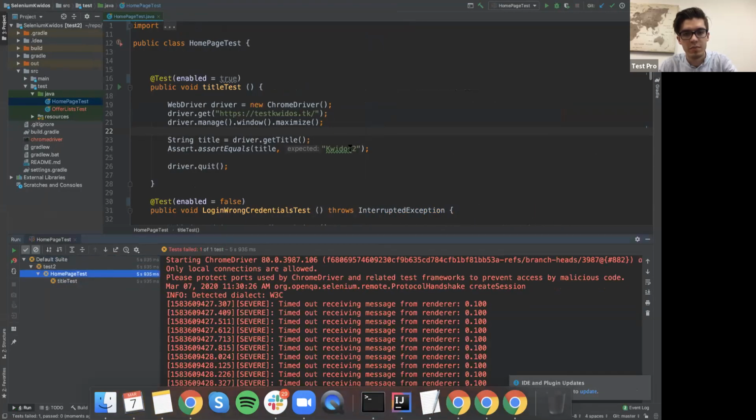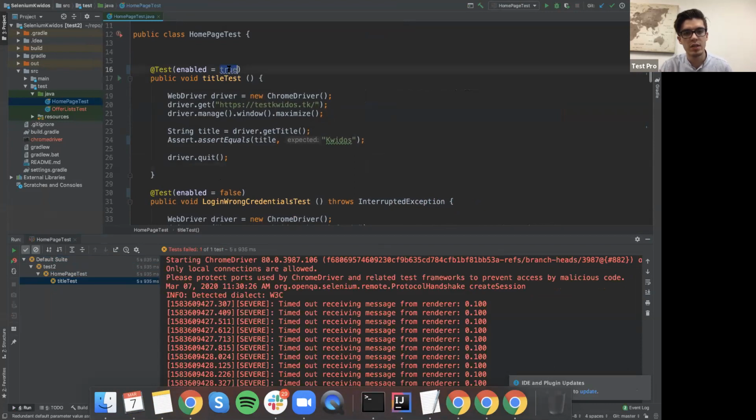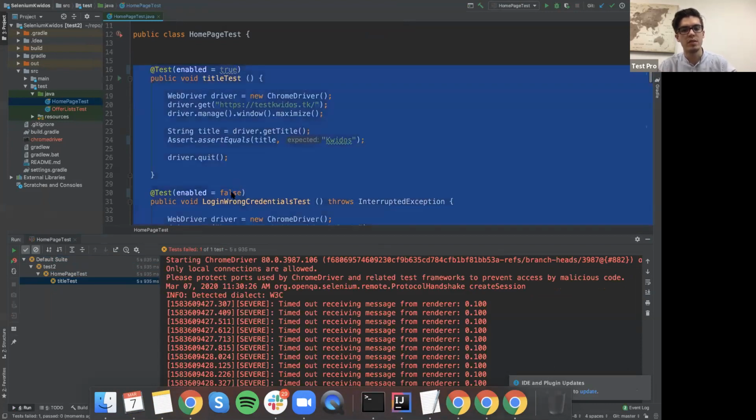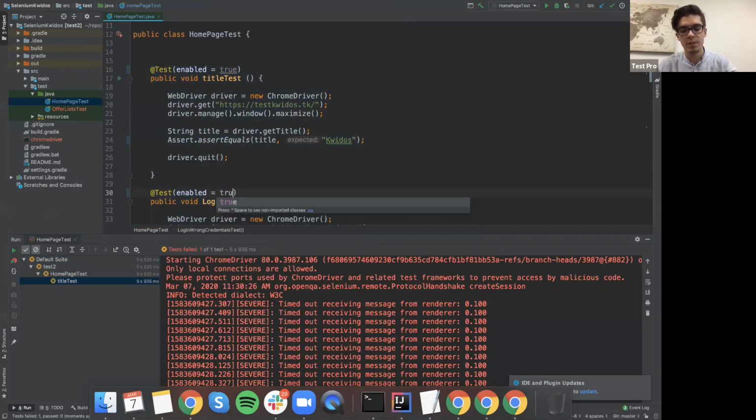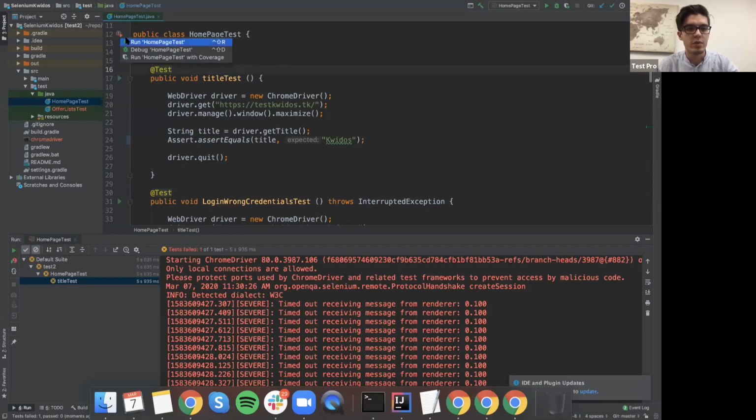It actually failed because we made it fail, right? But anyway, you can see it only ran 1 test case and it skipped the other ones. So let's say if I set both of them to true, or, it's true by default, you can just delete it and it's going to be the same thing. And if I run the test class one more time,